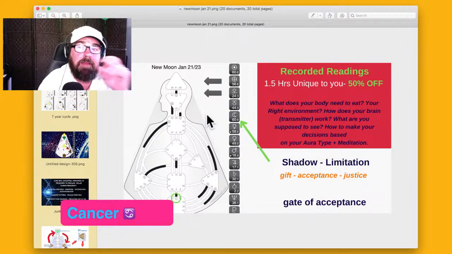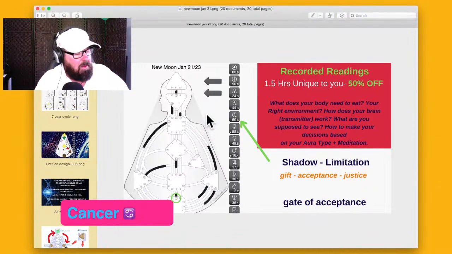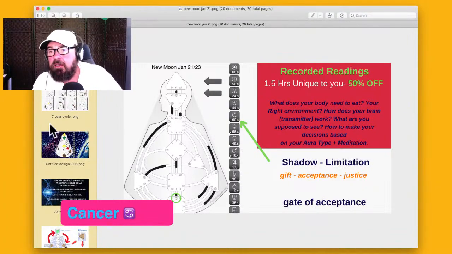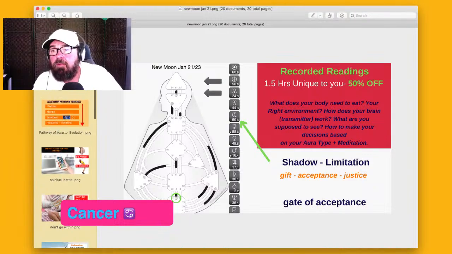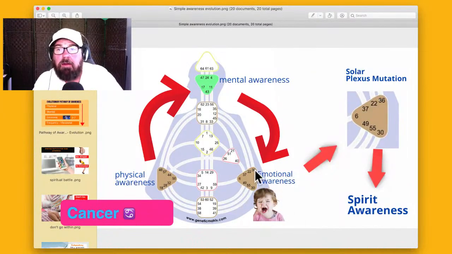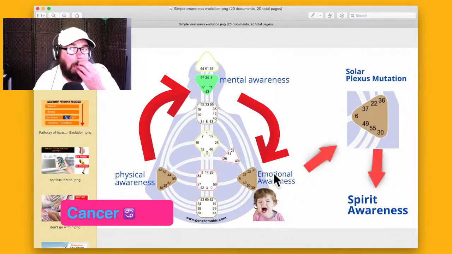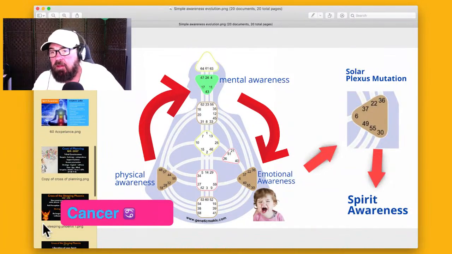Anyway, Pluto and the Sun are going to show you where these dynamics are, right? And right away, like a broken record, it goes back to the 0 to 7-year-old, right? Of being judged and criticized and rejected from this 0 to 7 years old. And that's your work to do, right? That's your work to do.